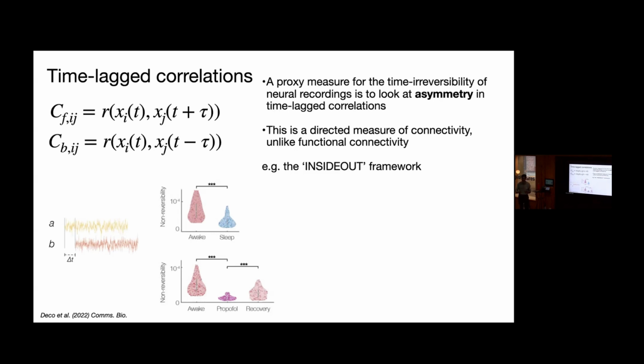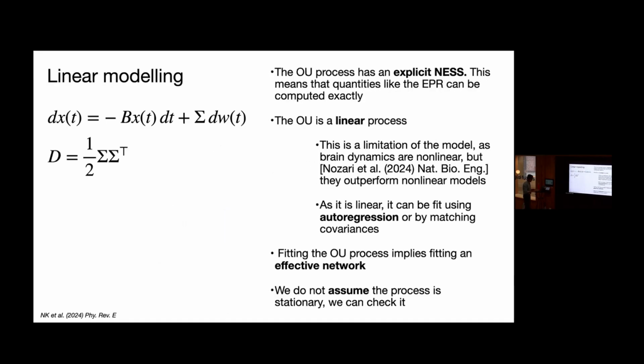So you can get directed measures from information theory, but there's a lot more you have to do in order to make those measurements. Okay. The thing that jumped to mind for us as the simplest thing was basically, let's just use the linear model. Linear models, as we've heard in some of the other talks, are obviously an approximation, but they're a pretty good approximation sometimes for fMRI data at least. And if you fit the linear model, you can fit it quite easily, and you can measure the entropy production exactly because we have the explicit solution for this.